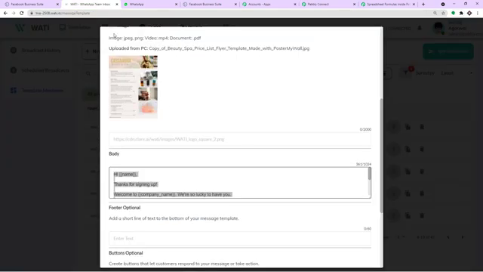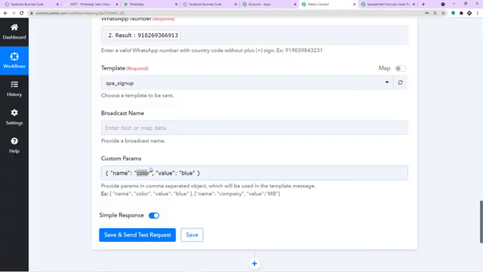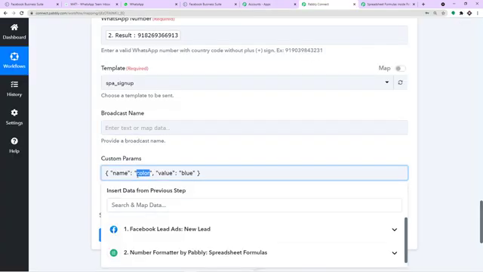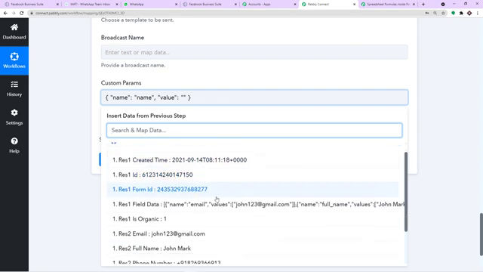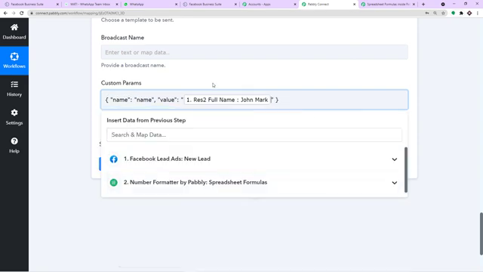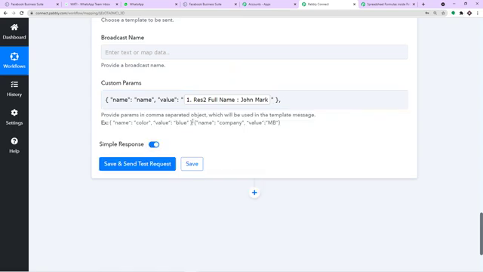So what if the parameter is name? I'm just going to copy this and I'm going to remove this and paste it here. Okay, so what is the value of name? I'm going to remove blue, okay, and here we have the name of the person, that is John Mark, and we have mapped it. So easy. Then we enter a comma, okay. I'm just going to copy this whole stuff once again, paste it here,